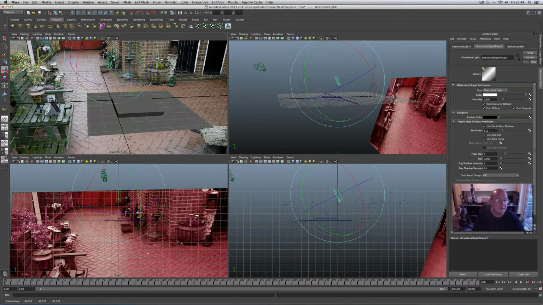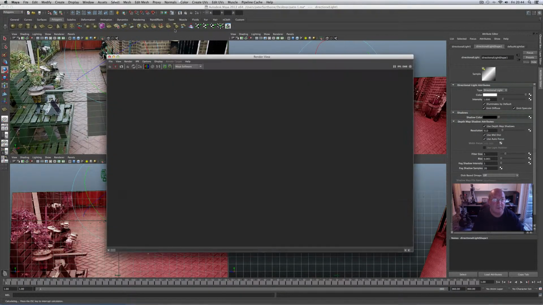And now if you move your light, you'll see the shadow that's cast on that object. If we do a quick render,